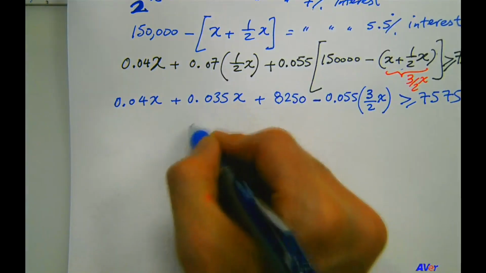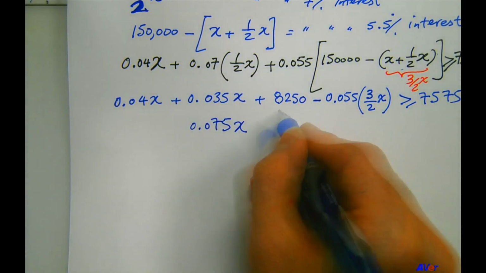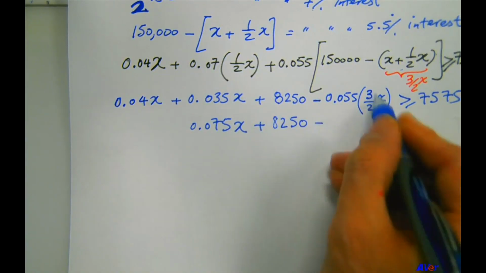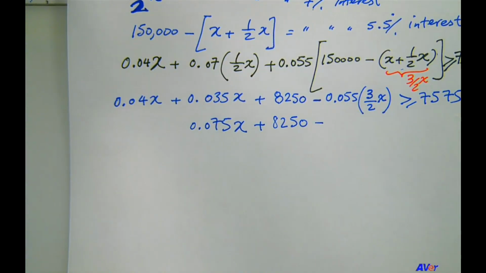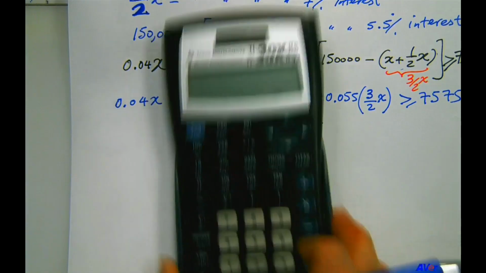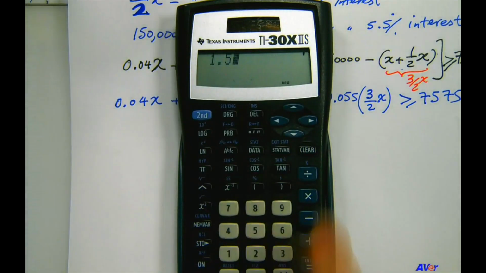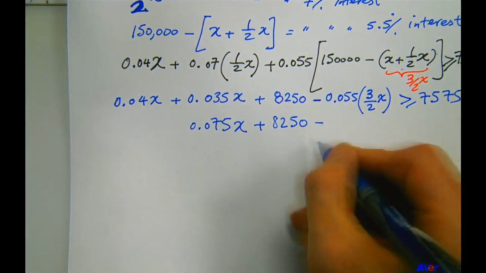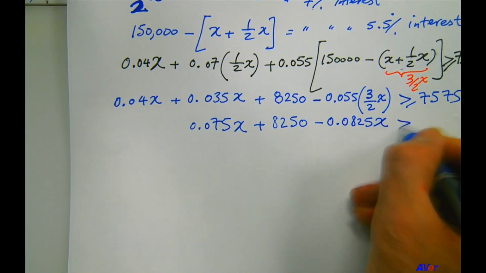So these two add up to 0.075x plus 8,250 minus 3/2, which is 1.5. 1.5 times 0.055, so let's do that. 1.5 times 0.055 is 0.0825, right? So minus 0.0825x greater than or equal to